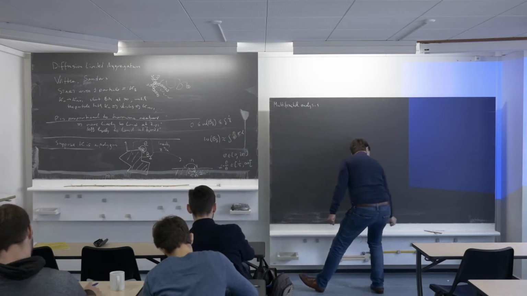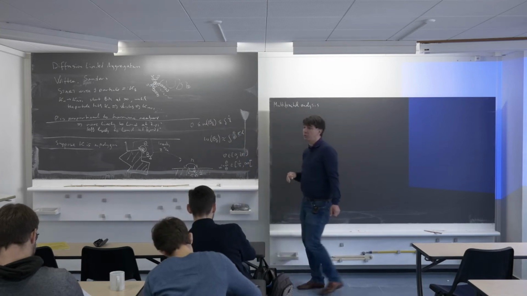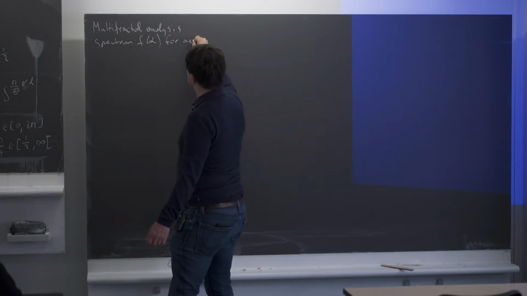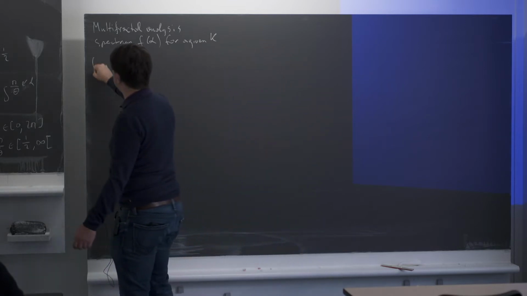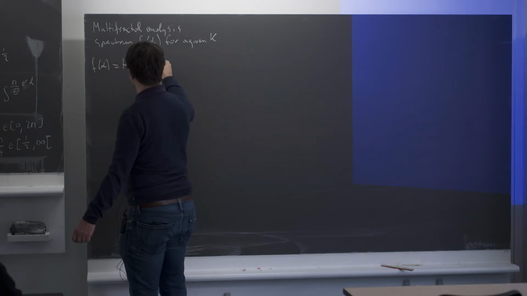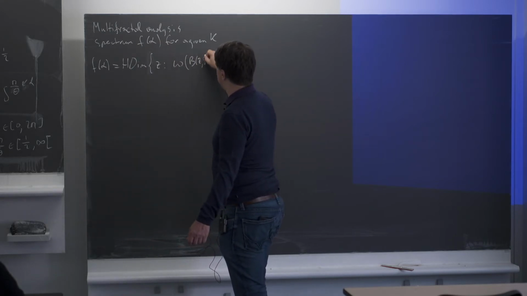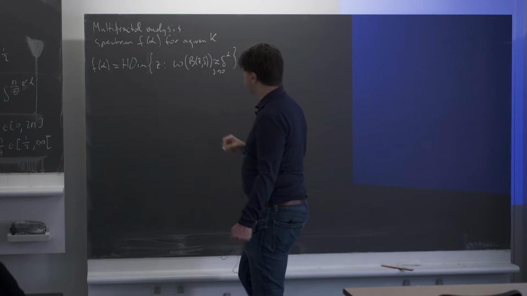So instead of just counting what the possible values are, we count how many of each you have. So we say that the spectrum f of alpha, for a given set K, or a given measure omega on set K, is the Hausdorff dimension of the points z such that omega of B(z, delta) is approximately delta to the power alpha when delta tends to 0. Of course,